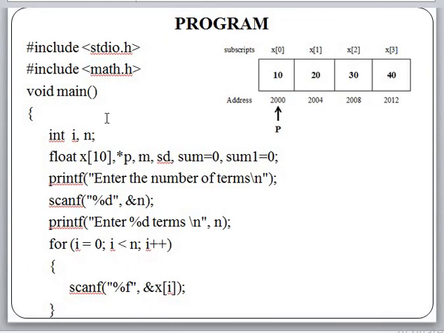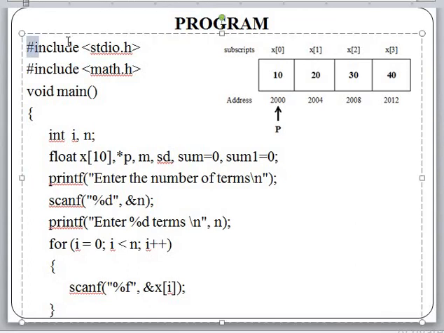Let us go through the program. Here in this program the first line is hash include stdio.h. As I mentioned earlier in all my programs, stdio.h is mainly used to have the definition of printf and scanf in my program. So here is printf, here is scanf, here is printf, then finally we have to print the sum, mean and standard deviation. In this way we are using stdio.h in our program. Stdio.h means standard input output header file, which has the definition of printf and scanf.